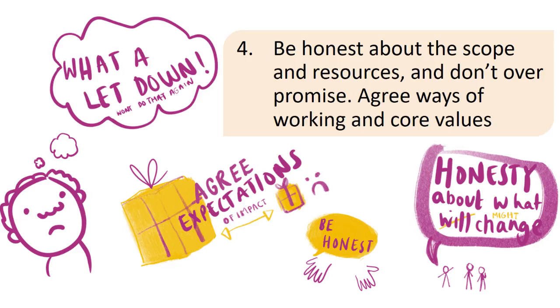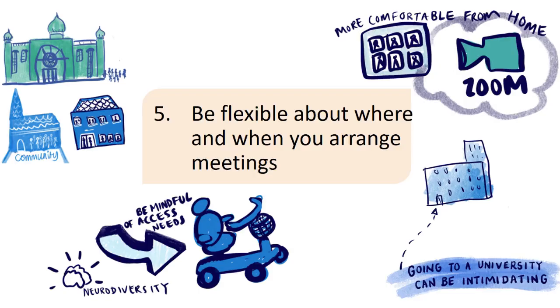When you first meet with the wider community, spend time discussing and negotiating the ground rules and parameters of the project. This process can provide opportunity to understand core values and can be kept in mind and reviewed through the project. Be flexible about where and when you arrange meetings. Fit yourself around others and be willing to meet in community settings and adapt the timing and format to suit the needs of the people you wish to engage.